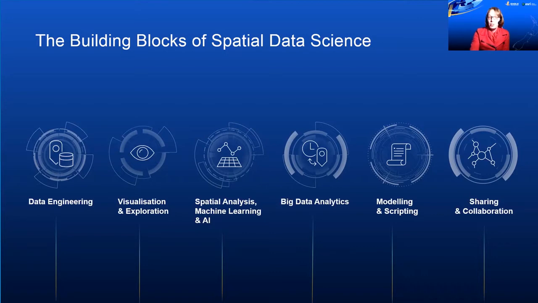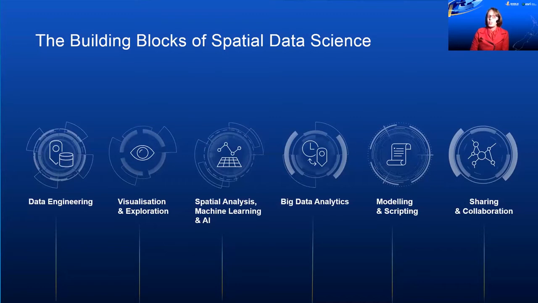Our fourth building block is big data analysis, and that's basically taking our third building block and expanding it to big data sets. Those data sets might be massive imagery collections, huge vector data sets, or real-time data that we need to analyze to get some information. And Esri is continually working on expanding their capability in the area of big data analytics.